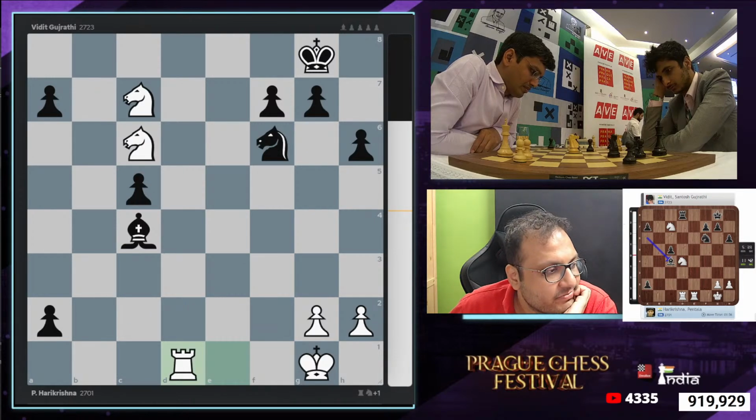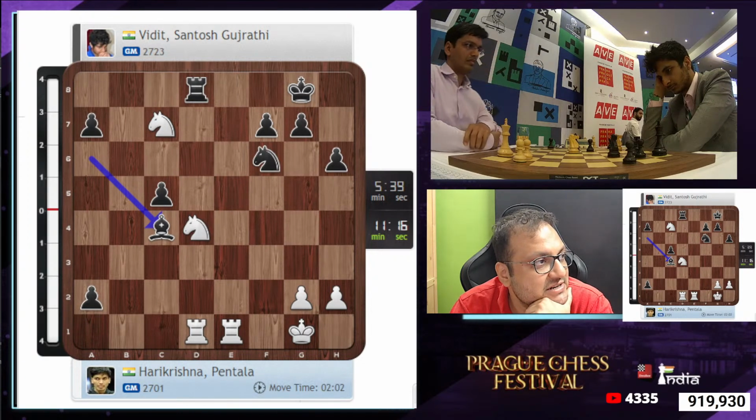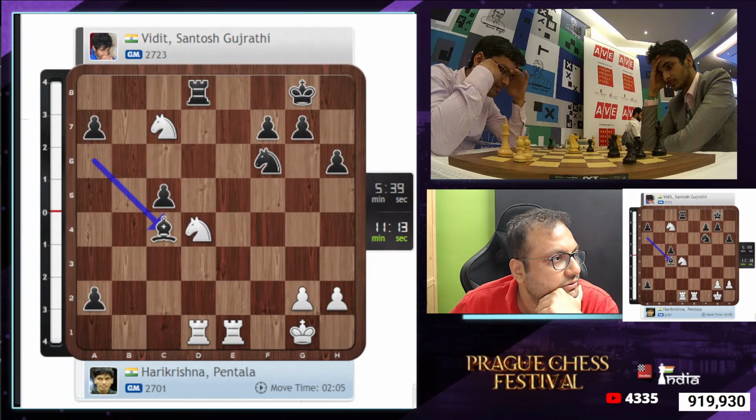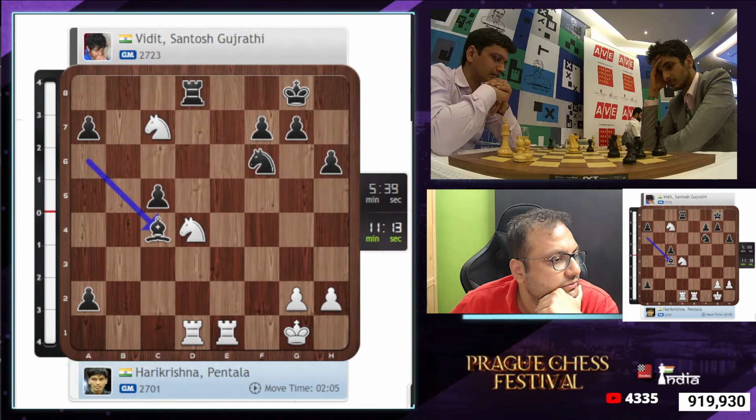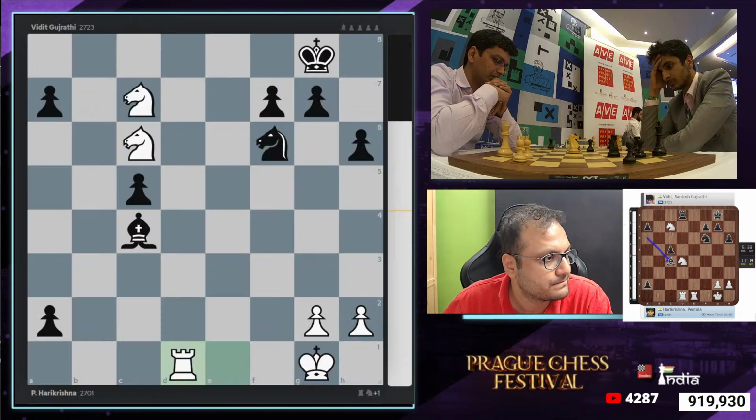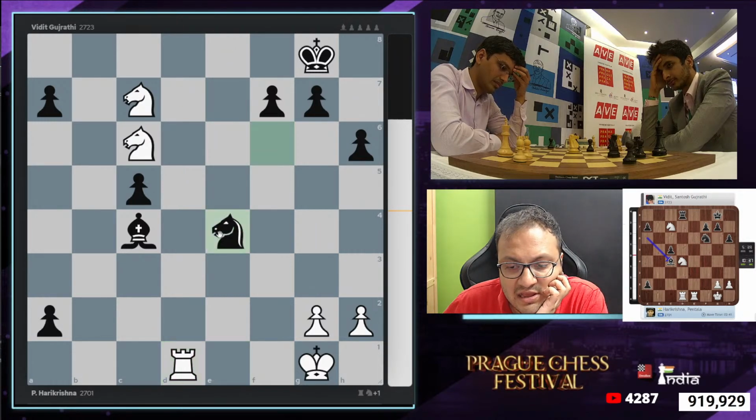How much time left for Hari? Just to show you the board with the time. Hari has 11 minutes 21 seconds and Vidit has 5 minutes 39 seconds. This is the live board with the clock. Move count is 29. There are 11 more moves to be made. And if I go, let's say, knight e4 now, his idea,